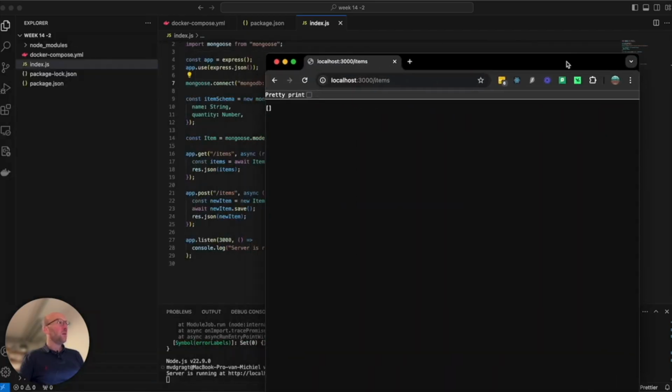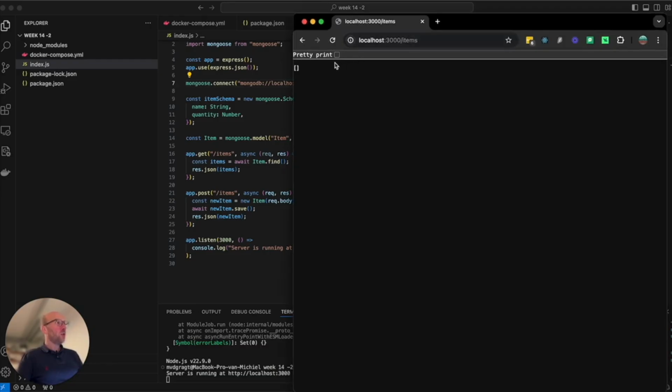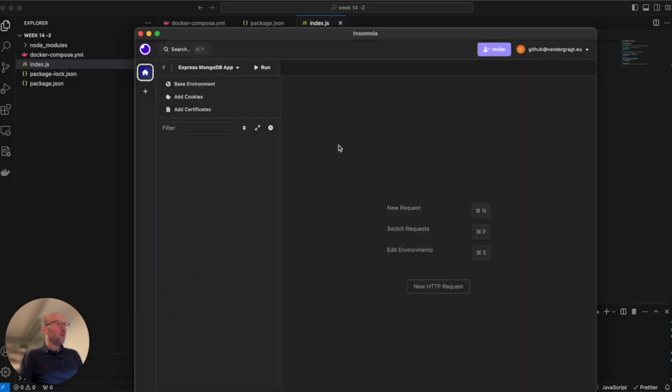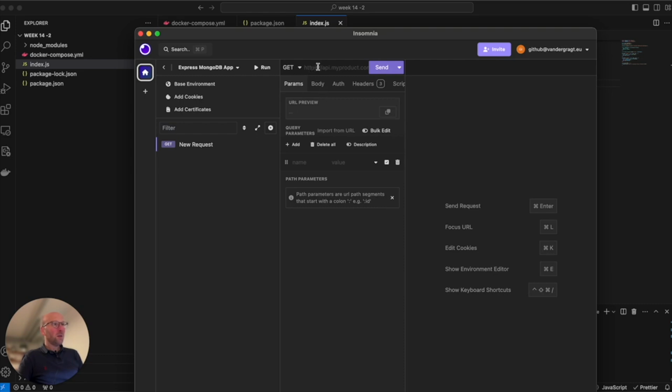What you can see is we're in localhost:3000/items, and you can see that my array is empty. So let's fill it up, and let's use Insomnia for that. So let's create a new collection, and I'm going to call this Express MongoDB app. A new request, and we're going to say in here http://localhost:3000/items, and we'll rename this, fetch all items,